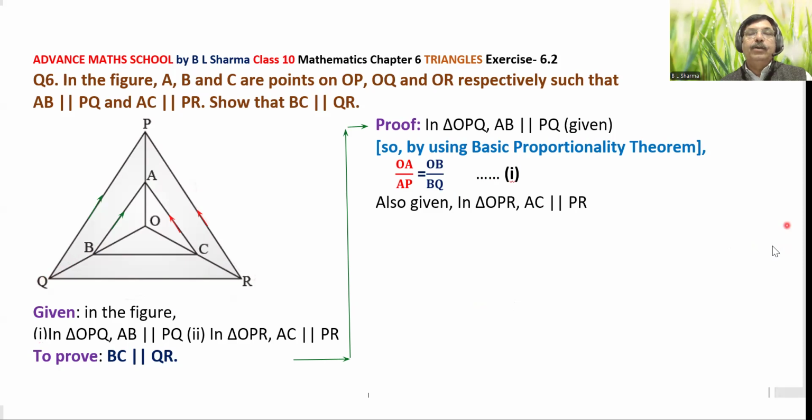And in the other triangle OPR, AC is parallel to PR. That is why again OA upon AP इज इक्वल टू OC अपॉन CR।